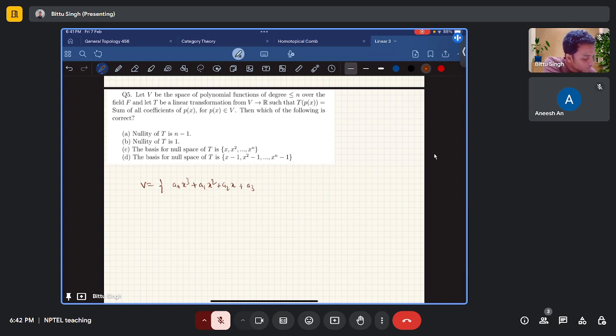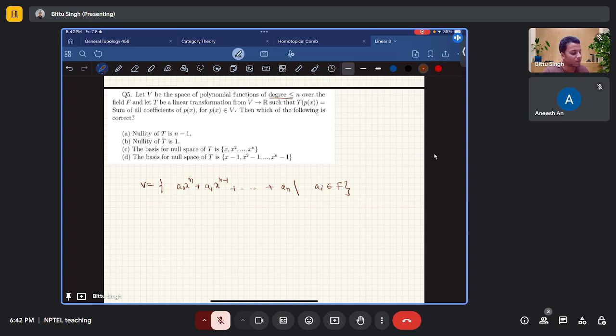the highest degree is n, so it should start from a0 x to the power n plus a1 x to the power n minus 1 plus ... an x to the power 0, such that ai are from the scalar field F. This is the explicit way of writing the space of all polynomial functions whose degree is less than or equal to